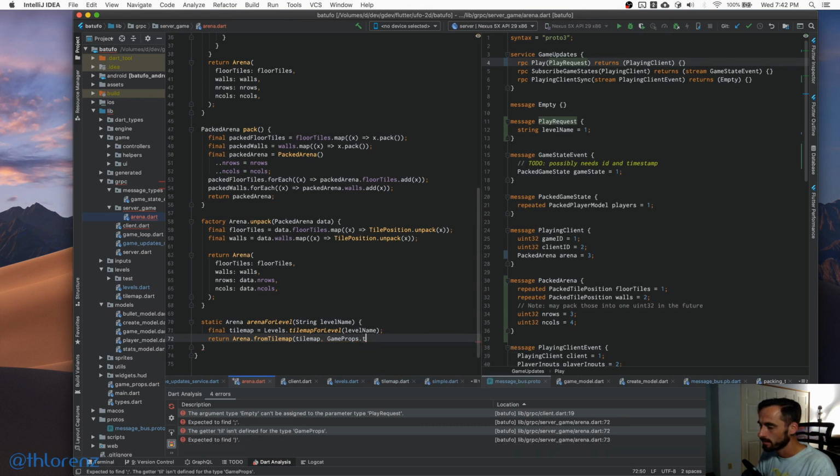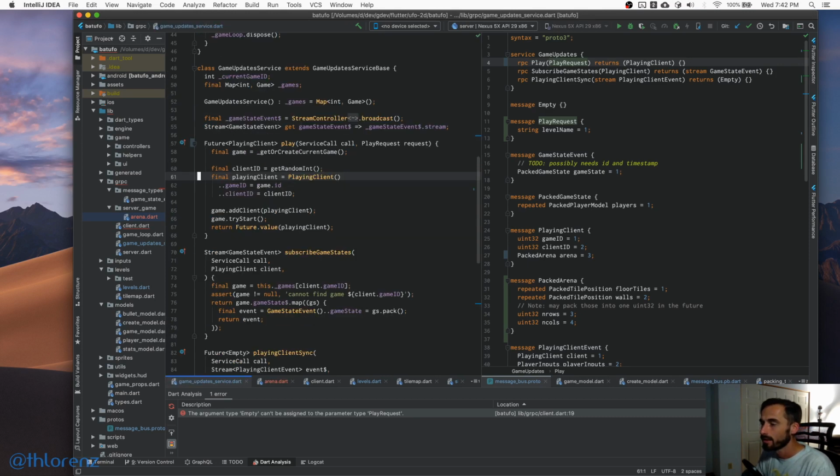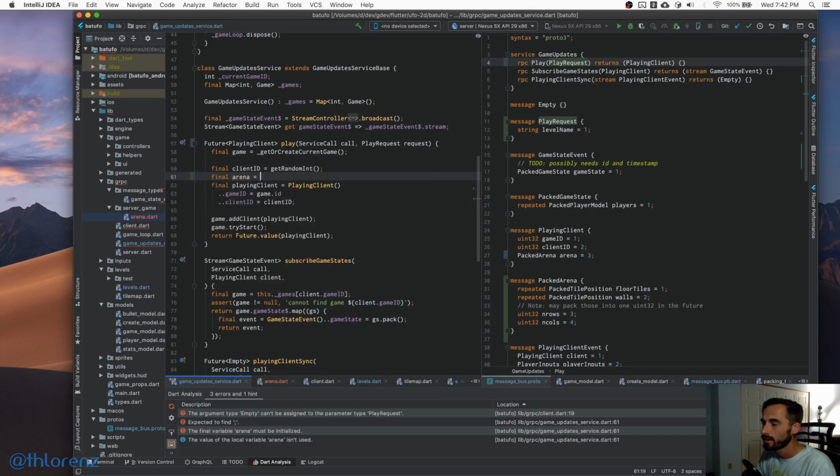Dot tile. I think we have a dot tile size. Okay, cool. So now we can get an arena for the level. If we now go back to our service, we can say the arena equals arena dot